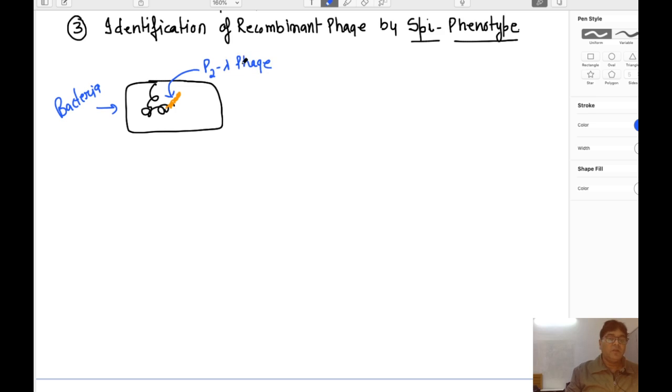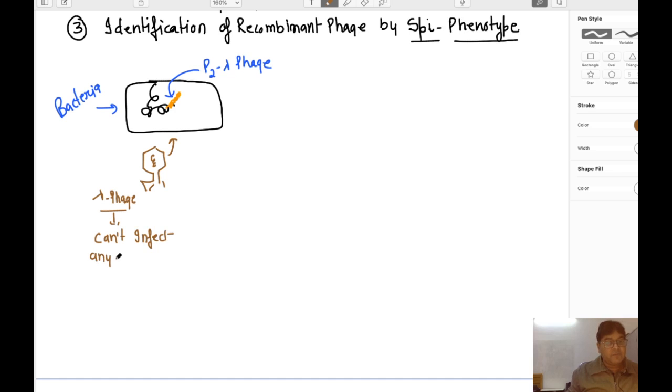Now, this is the property of the biological system: if a bacteria is already infected by a P2 lambda phage, then a normal lambda phage that wants to infect this bacteria will not be able to. The bacteria will not take up the DNA of this lambda phage. Alright, so we say that this lambda phage can't infect